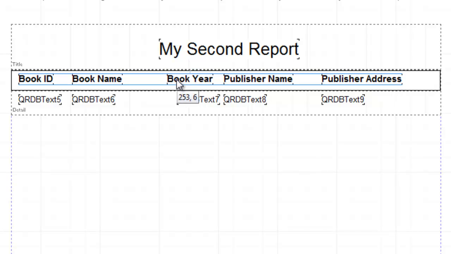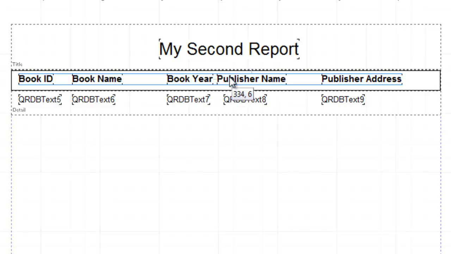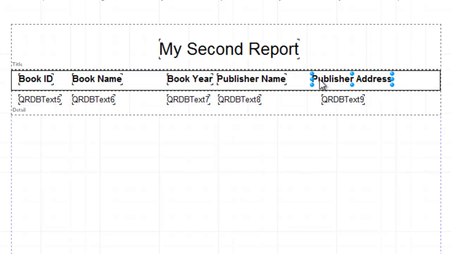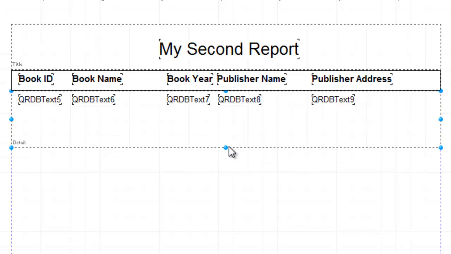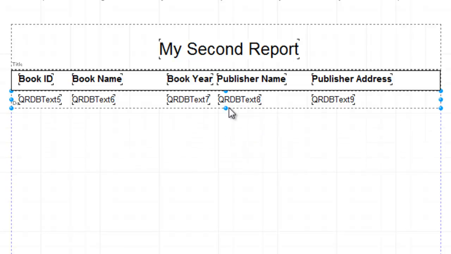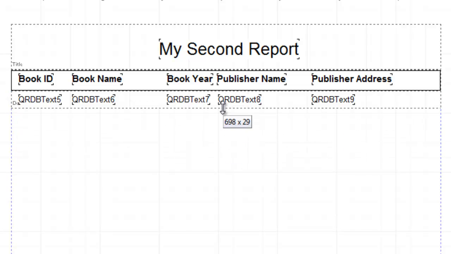Okay, maybe I'm going to rearrange position because I'm afraid if the width is too small. You could drag and drop, resize the width or the height of the band right here, like this.